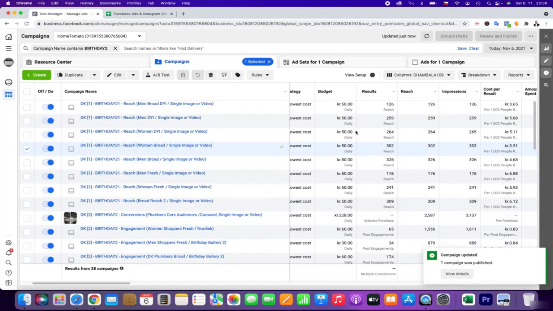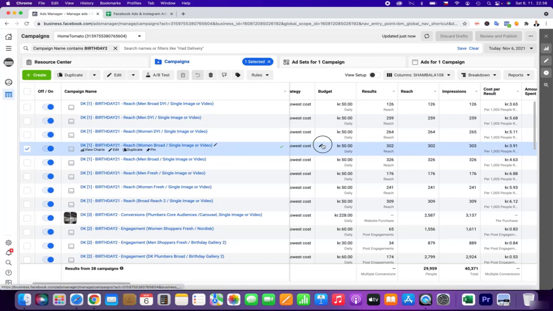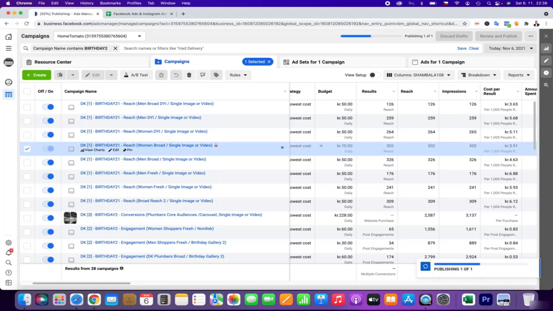So this is what is really important. Keep the reach, keep the complete customer journey, create new content, push for new content, and be sure that you use fresh content.